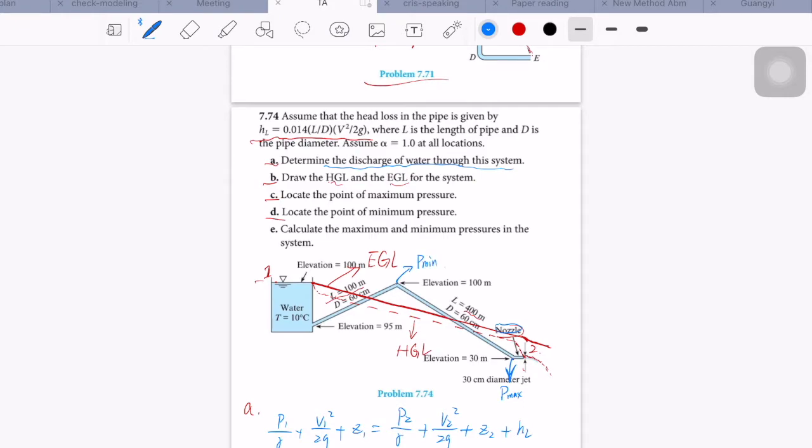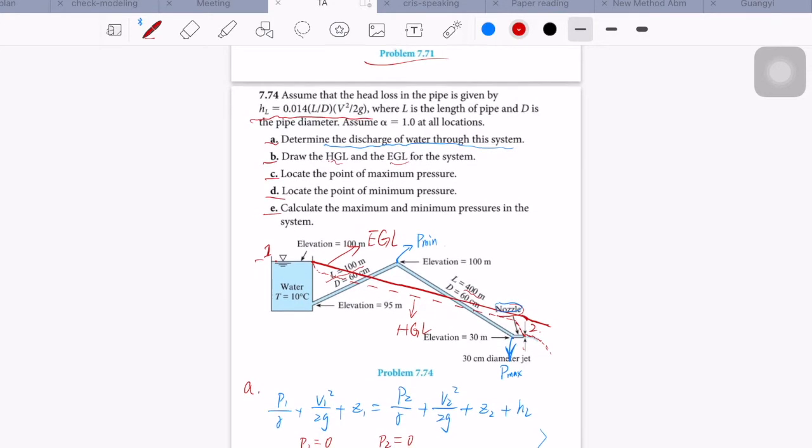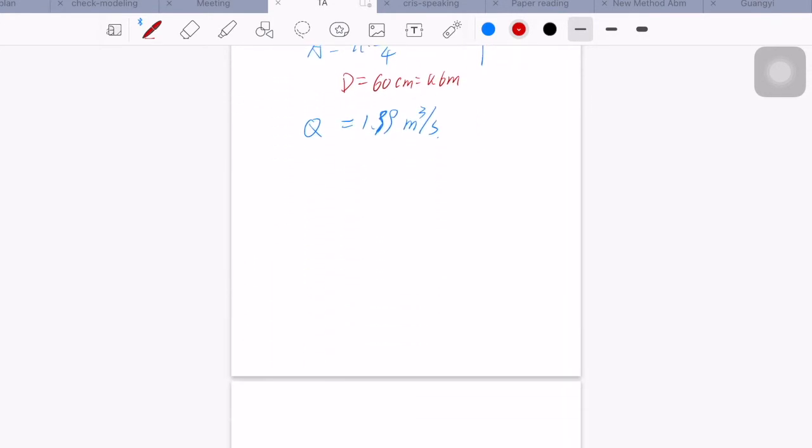Since the pressure at this point is negative, it is below the atmospheric pressure. And then for part E, we need to calculate the maximum and the minimum pressure in the system. So for part E,